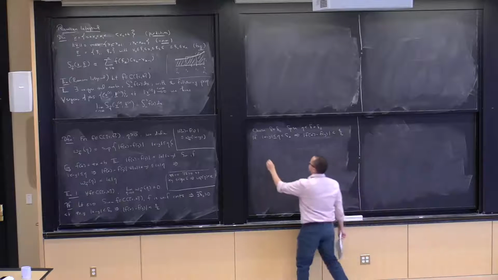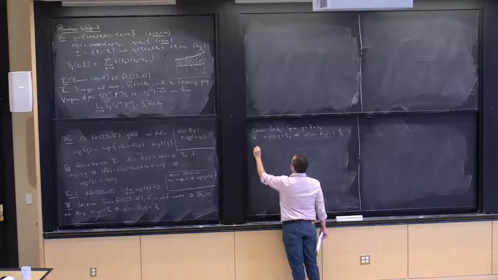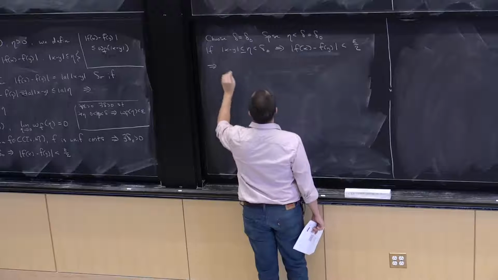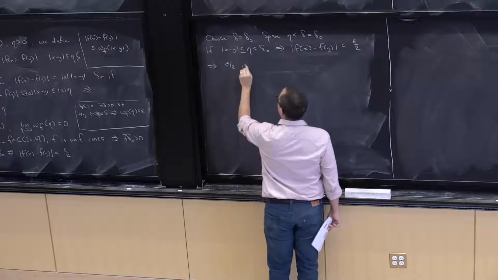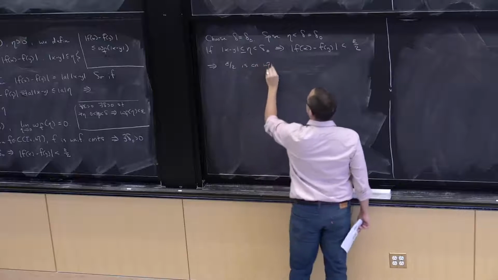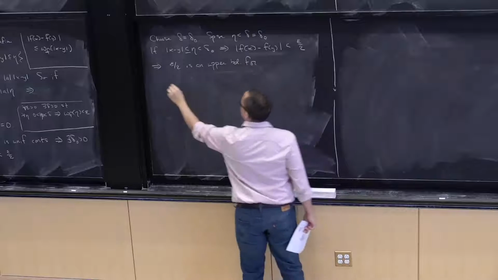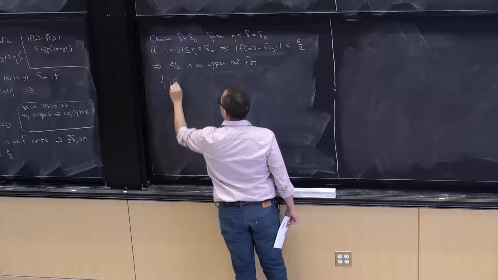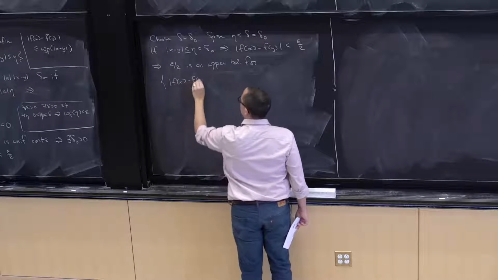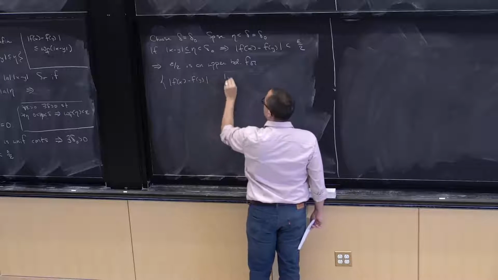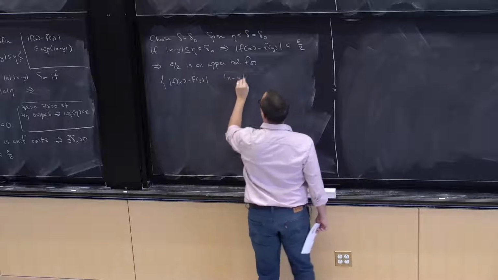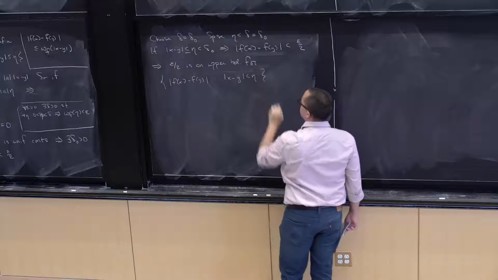And therefore, this implies that epsilon over 2 is an upper bound for the set of |f(x) − f(y)| such that |x − y| is less than eta,